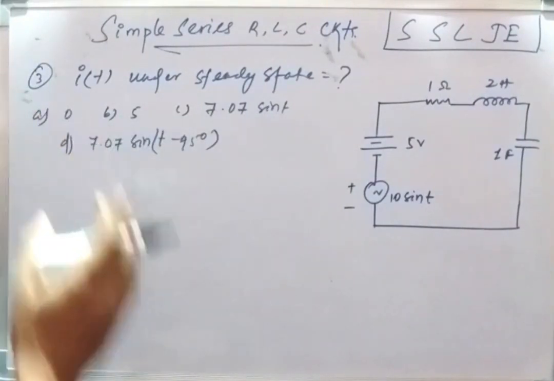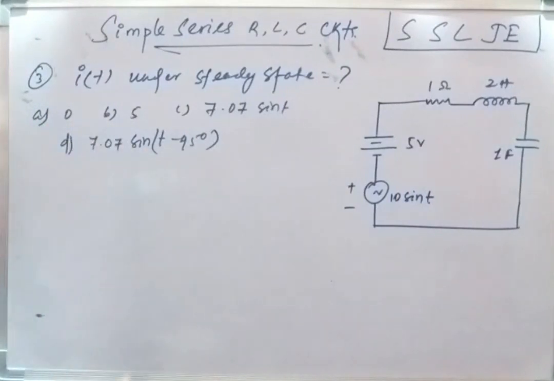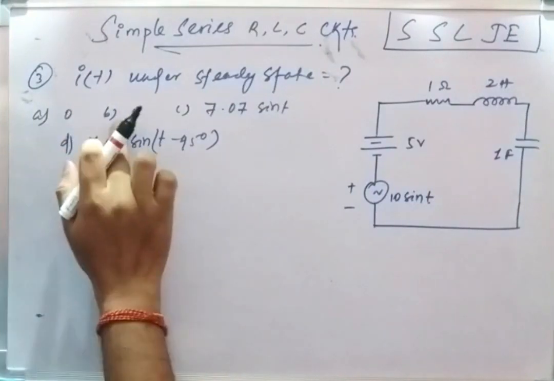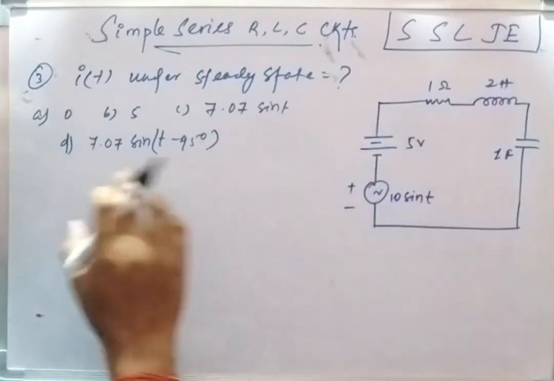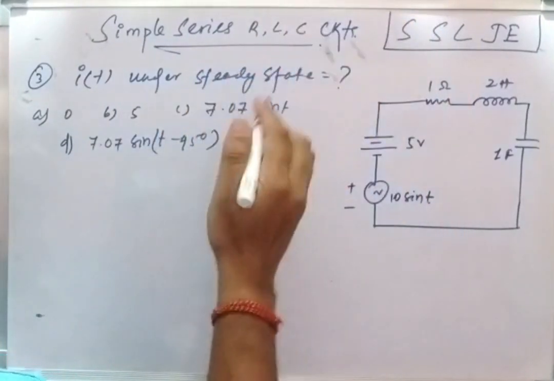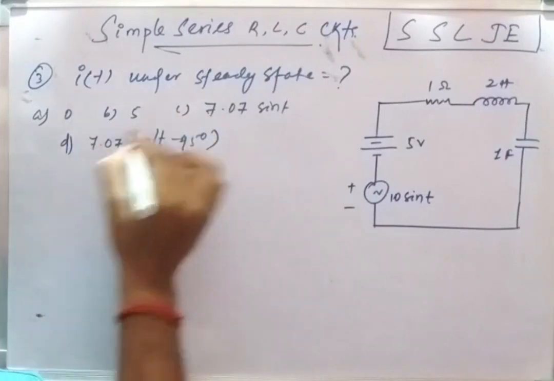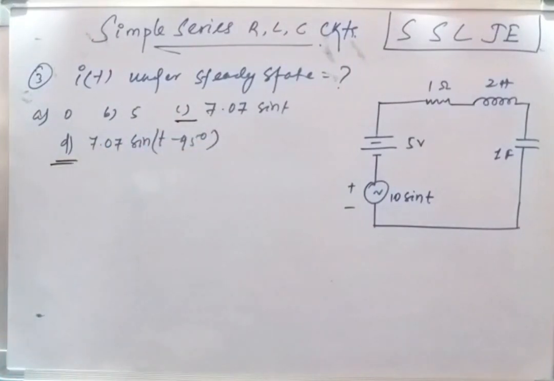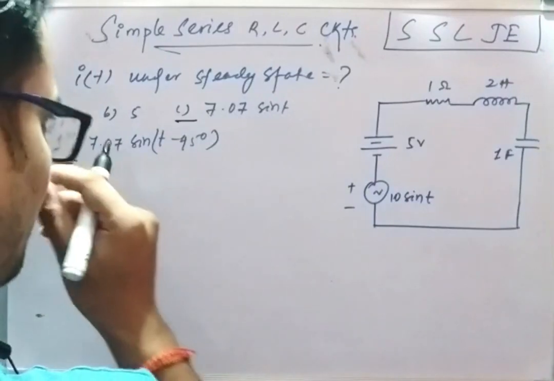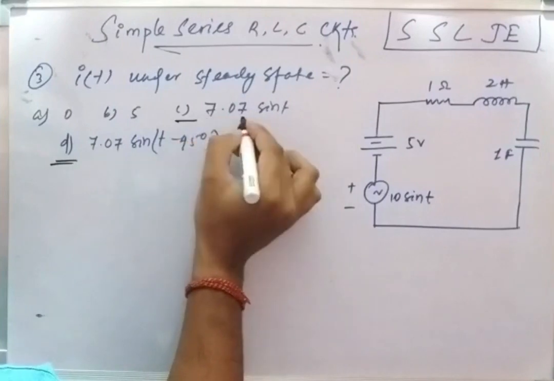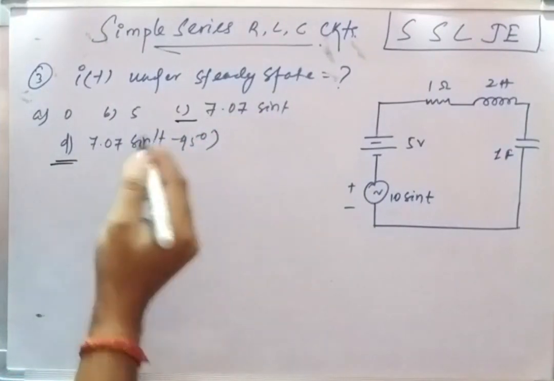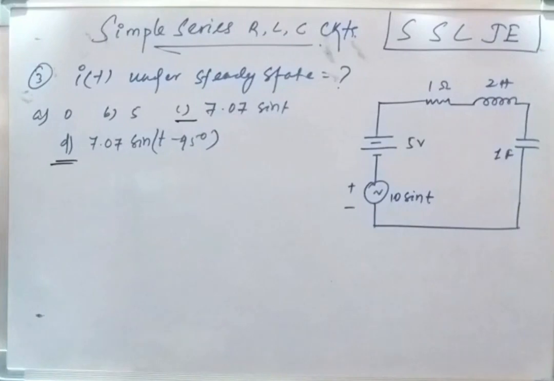So looking at option A and B, these two can't be the answer because it is a DC value, it is a constant value. So here there is an AC source, you will get the current in the sinusoid form. So option C or option D will be the correct one. Okay, next let us find out. You can see here the peak value of the current is the same, 7.07, 7.07. So here again you just have to find out the phase difference.